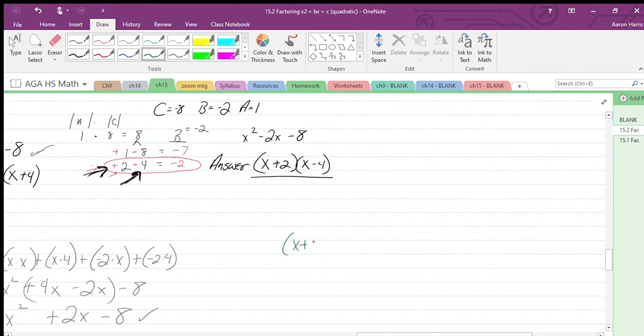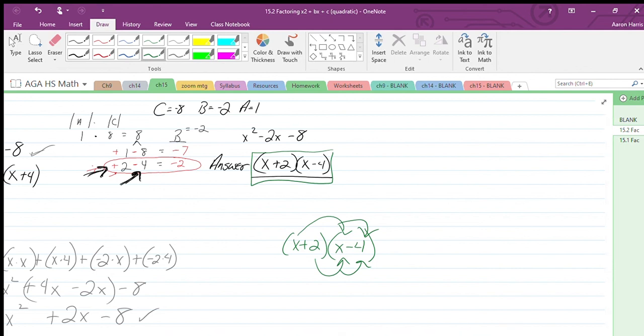x plus 2, x minus 4. And this is just so if I want to check my answers. You would not factor it and get this and then say that my answer is back out here at x squared minus 2x minus 8. You're undoing everything that you just did, okay? So that's just a reminder. Don't undo what you did. Factor means divide, and you're able to divide these things out. If I distribute, I'm multiplying. FOIL is a way to multiply. I don't want to do that, okay? So here's